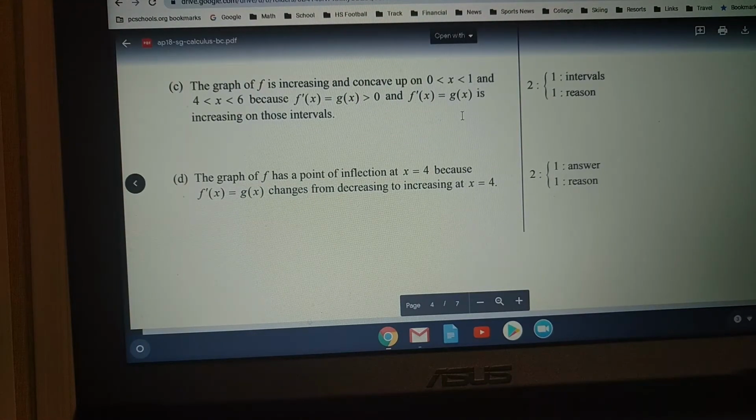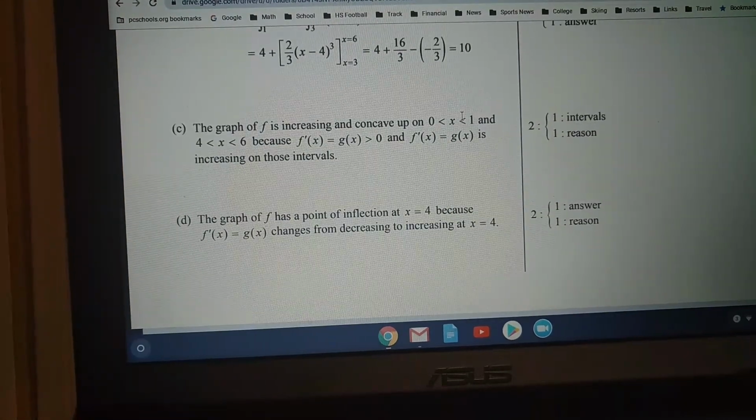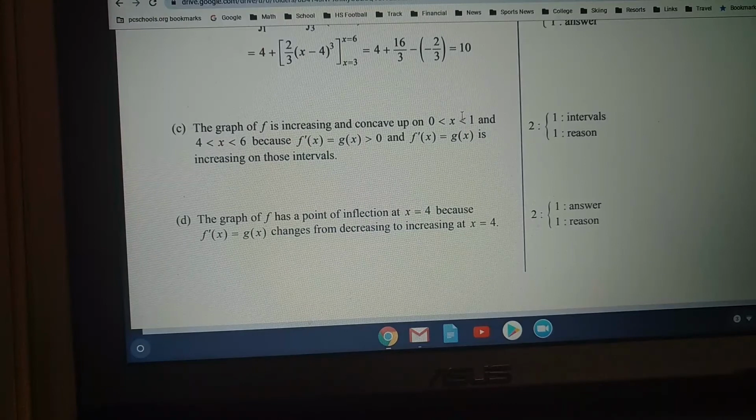Okay, so go ahead, score that out of 27, the total of it, and then go ahead, take a picture of your work and your scoring